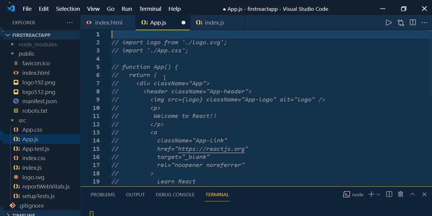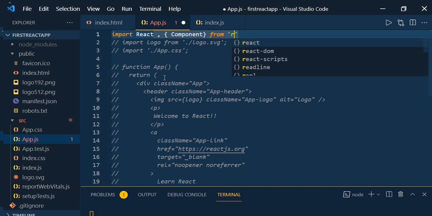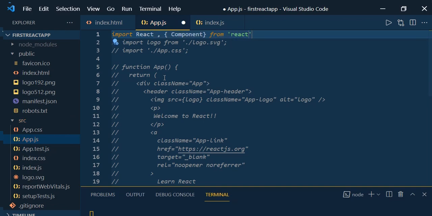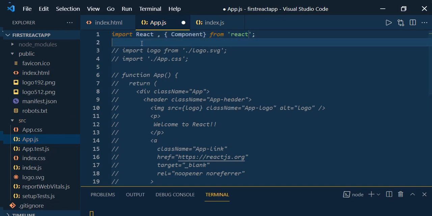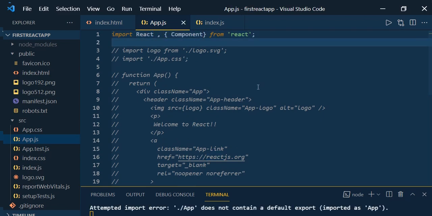Before we create the component, you need to import React and the Component class. So import React, comma, and here I'm going to import Component from React. So here we have imported React and the Component class. Now let us create the component. What is the syntax to create the component?